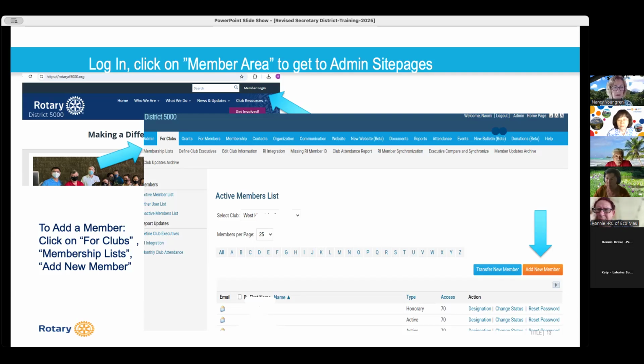But for secretaries' purposes and making sure that your membership is updated, go to member login, then for clubs. And then under for clubs, there's a lot of other menu items that will be accessible to update your club executives, to integrate, to change the status, to do all kinds of editing to your member list.